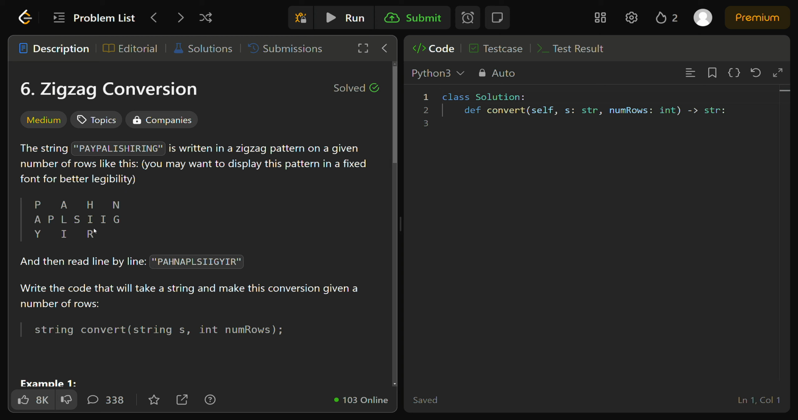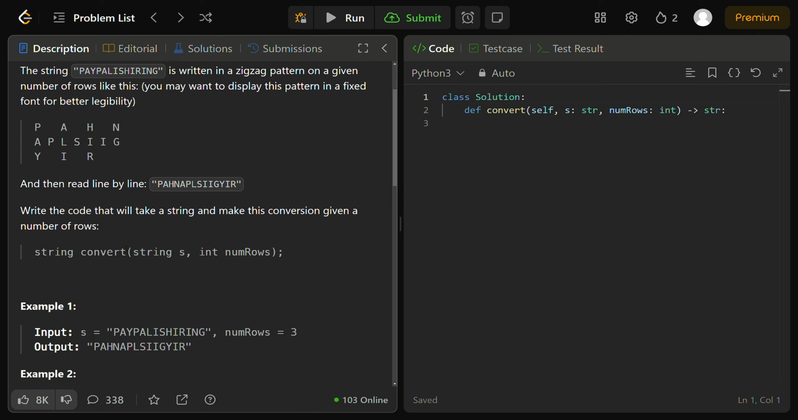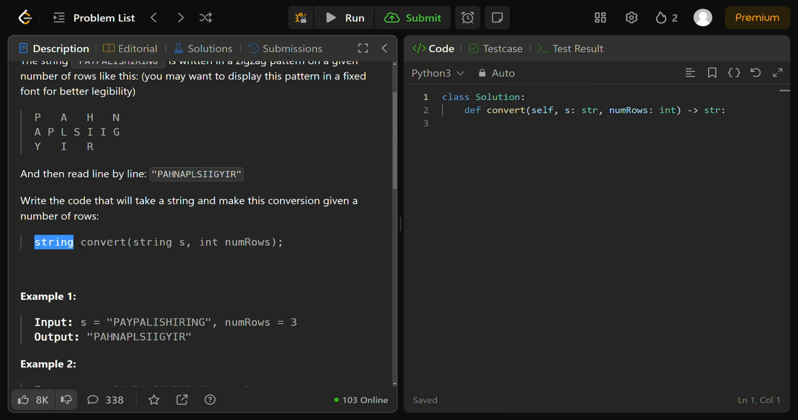Right? And we need to read this line by line as pawn app, however you would like to pronounce that. I'm not going to try to finish that. So we need to write the code that's going to take a string and make this conversion given a number of rows. We have a return type string method convert, and we're taking in two parameters, string s, a parameter of type string, and the number of rows parameter of type int in this return type string convert